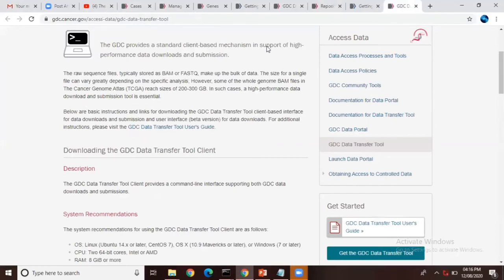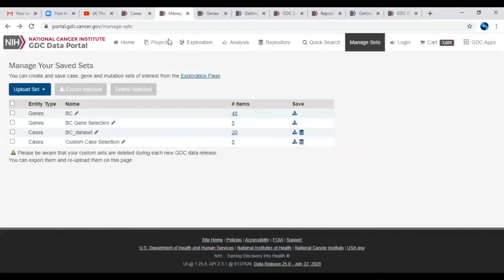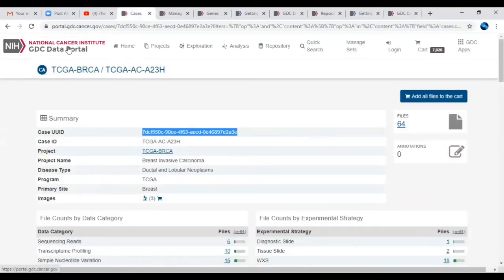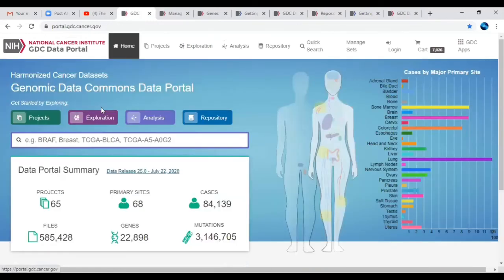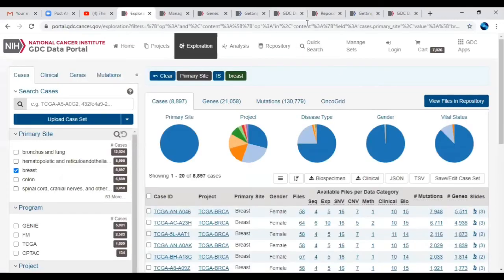I will just share the screen of the GDC portal. I think I have explained that, but I will show you again. So this is the GDC portal, and here is, for example, breast cancer. Okay, you can see the screen. Yes.